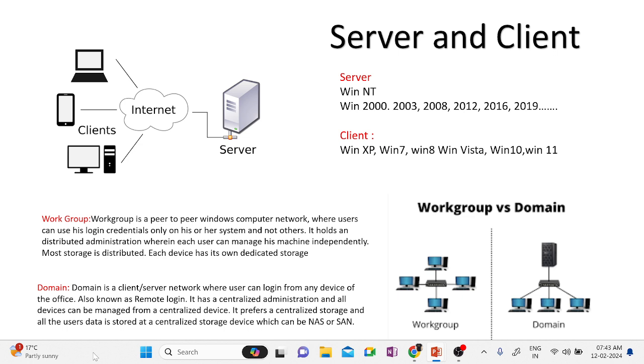Okay, so I told you, when you install an operating system in the infrastructure or in your home also, by default that computer will be in the workgroup. If you go to the computer renaming properties, it by default shows you the machine is in a workgroup. So we have to understand what is the meaning of a workgroup. A workgroup is nothing but, if you break the word into work plus group, it is a group of computers at your workplace. The computers are interconnected peer to peer,